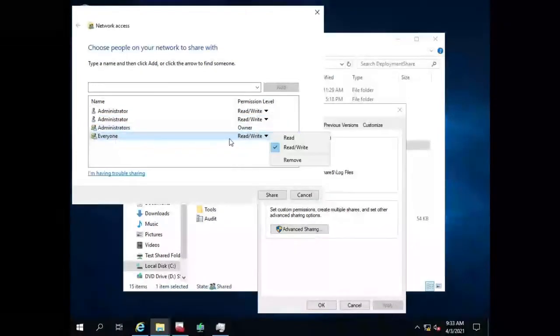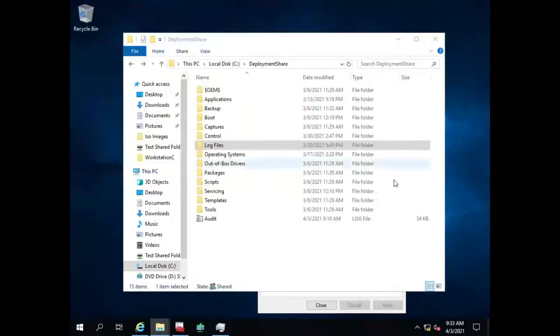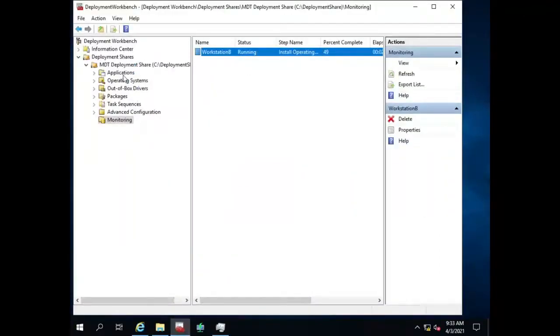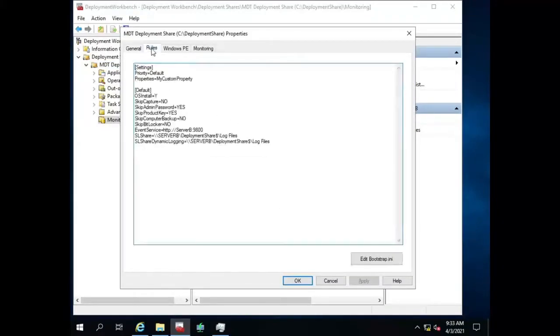Once we have our folder created and it's shared out, we need to add a couple of lines to your deployment share rules. So we're going to go back to our MDT software. We're going to right click on it once again, and pull up the rules tab. You'll see the default section here, and the first line that we're going to put in is SLShare equals your server name/file location. For example, our pathway is SLShare=\\ServerB\deploymentshare